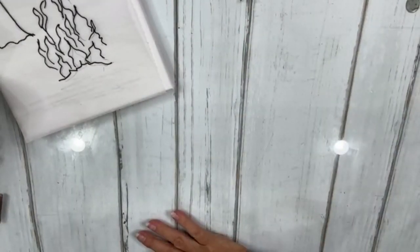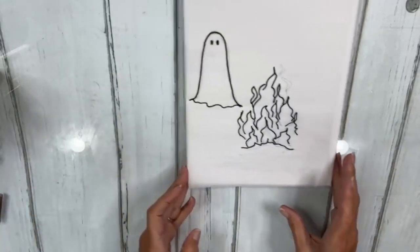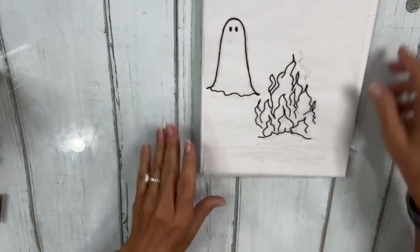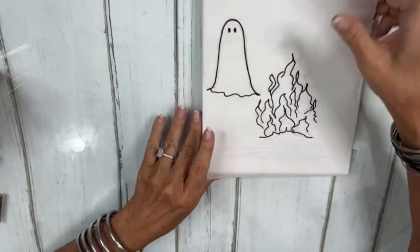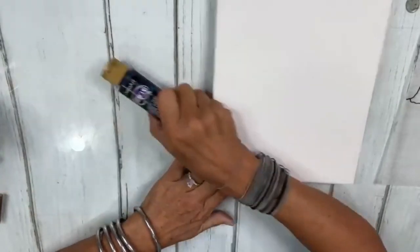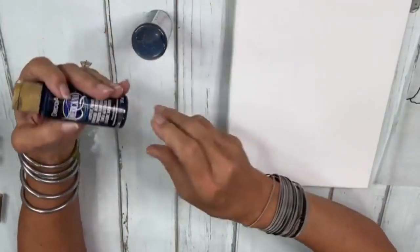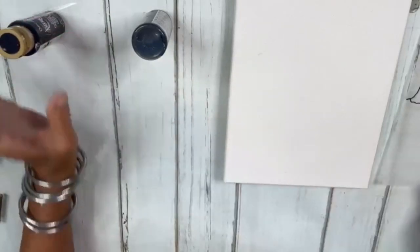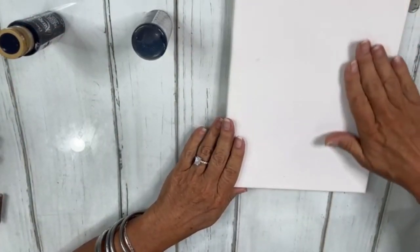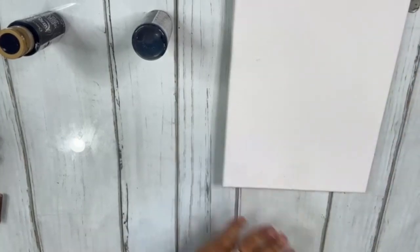We are going to get started on our haunted campfire. Woo! And we're going to start our haunted campfire by painting our canvas with a deep dark blue and maybe a teeny bitty bit of black as well. And then we're gonna let that dry. We're gonna add a little white in the middle. We're gonna let that dry or get that dry. And then, oh no,